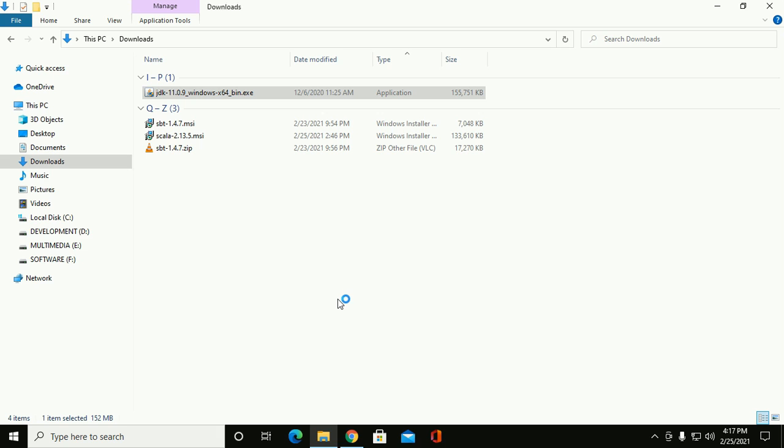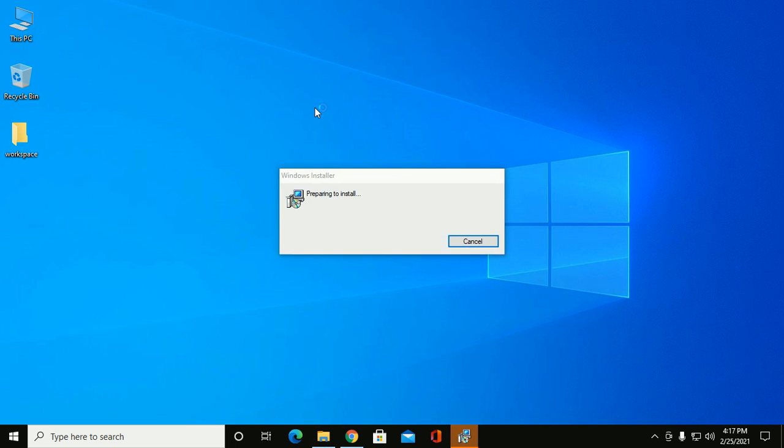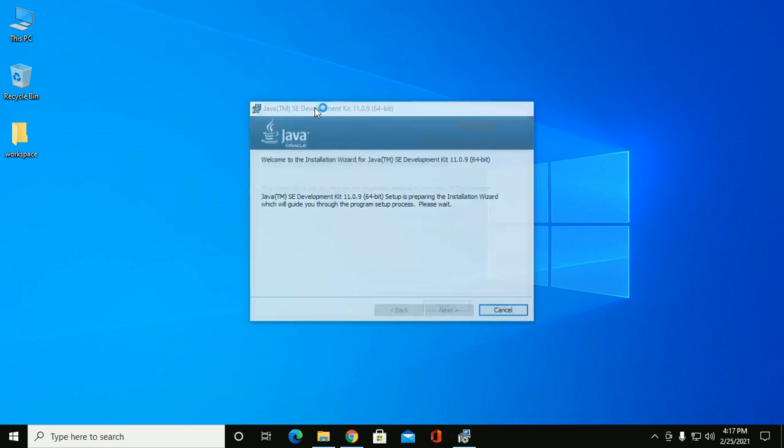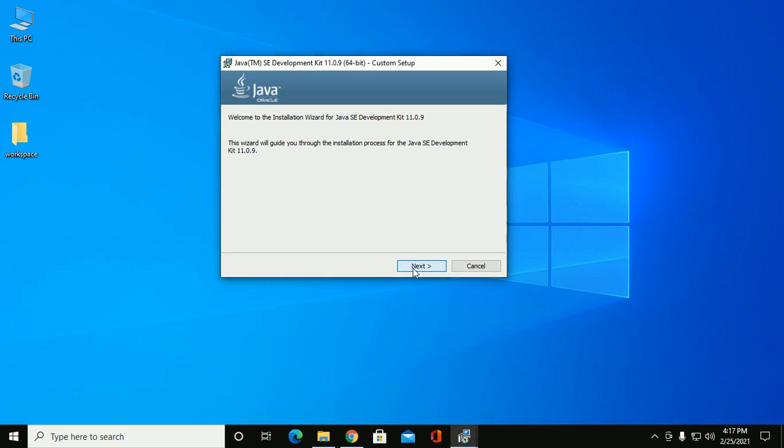open JDK executable file and allow this app to make changes to your device. Click on yes. In a short time it will begin installation. Windows Installer preparing to install JDK. Okay, now click on next to continue installation,